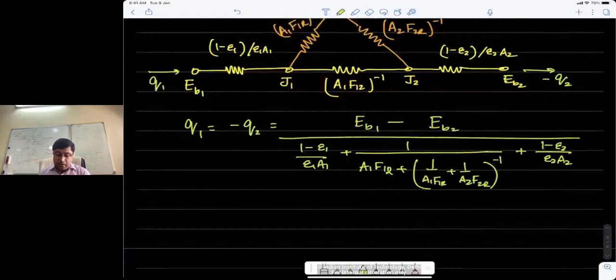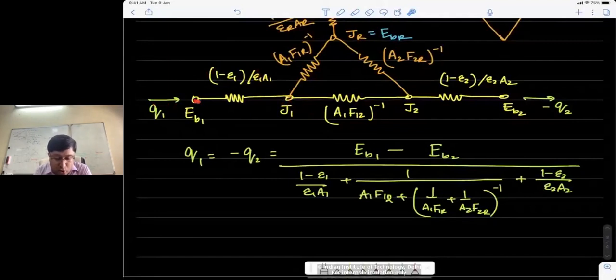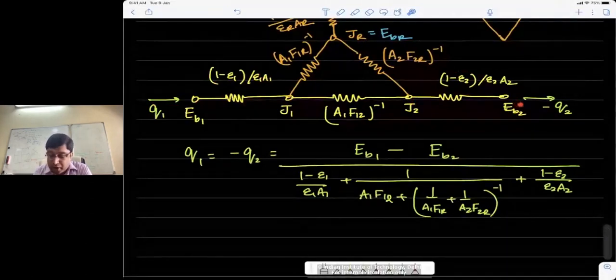Now, once Q1 and Q2 are determined by this, let's say because T1 and T2 were known, for instance, we have calculated Q1 and Q2 from this simple equation. Now I can determine J1 and J2 as well, because once I have Q1 and Q2, I have, let's say, Q1 here. I also know EB1. I can straight away calculate J1 because I know Q1, and the resistance is known. So Q1 is the current flowing through this potential drop under this resistance. So J1 can be calculated. Similarly, J2 can also be calculated because Q2 is going here and we have a certain resistance and one potential is known. So I can calculate the other potential.